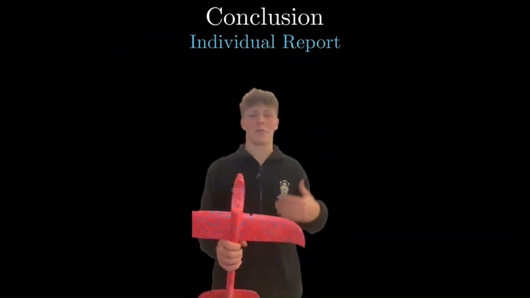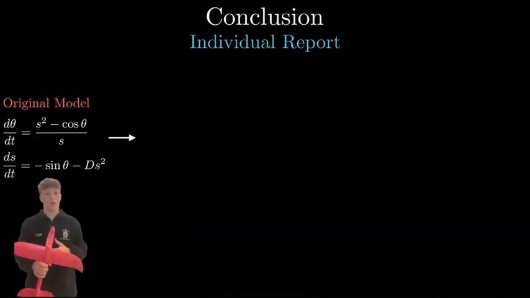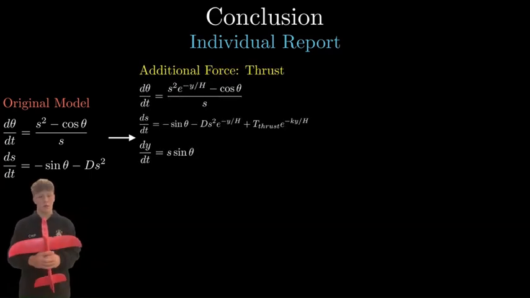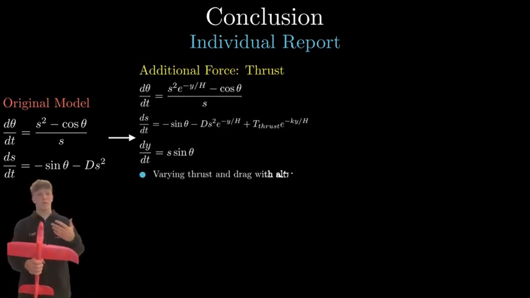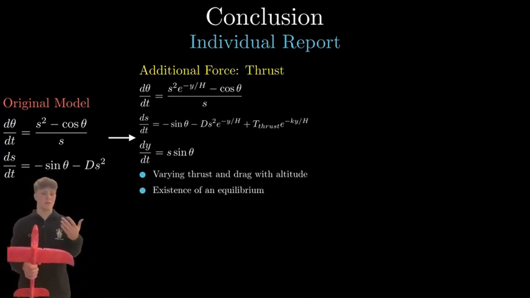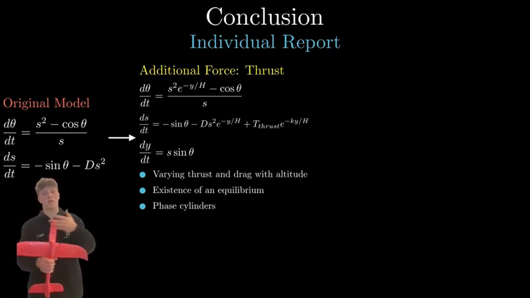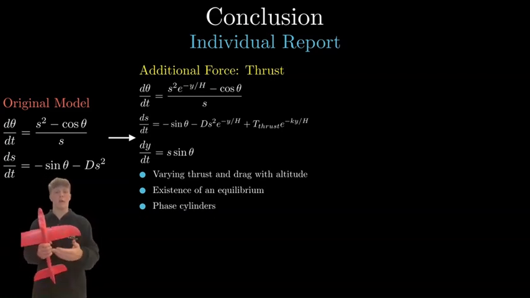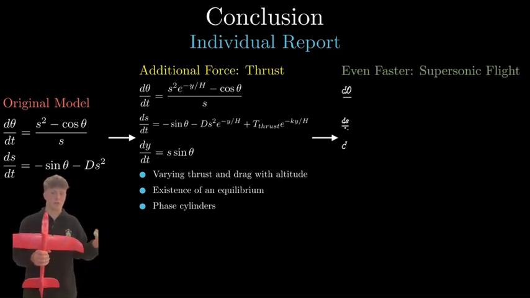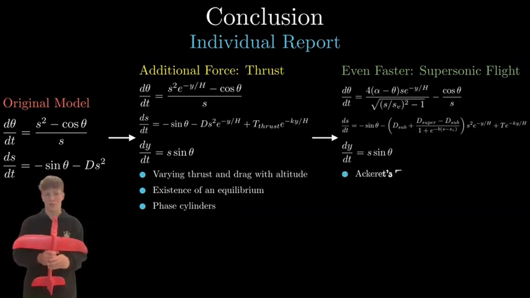So we started with our original system that we analysed in the group project. We then introduced thrust and drag and how they decreased with altitude. Then we looked for the existence of an equilibrium and the behaviour of our plane as it approaches its equilibrium, and what that means qualitatively in a flight of an aeroplane. We then represented these parameters on a graph and how the equilibria can be represented in a phase cylinder. Then we introduced supersonic flight using Ackeret's theory, and we found that our plane still achieves stable flight